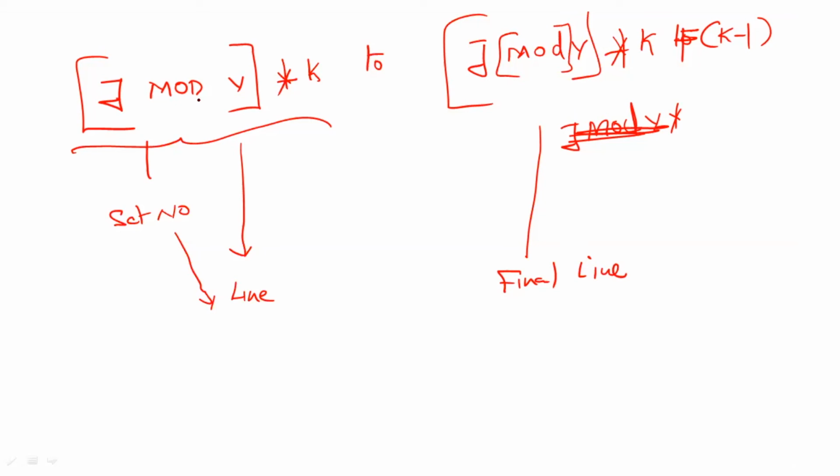J mod V is equal to the set number. In this case, that is equal to 3. Let us take block 23. It will get mapped to set 3, and into K, 4 into 3 is equal to 12. The first line is equal to 12. And again, J mod V into K plus K minus 1 is 12 plus 3, so 12 plus 3 is equal to 15. Final line is equal to 15. This is the option for the question.